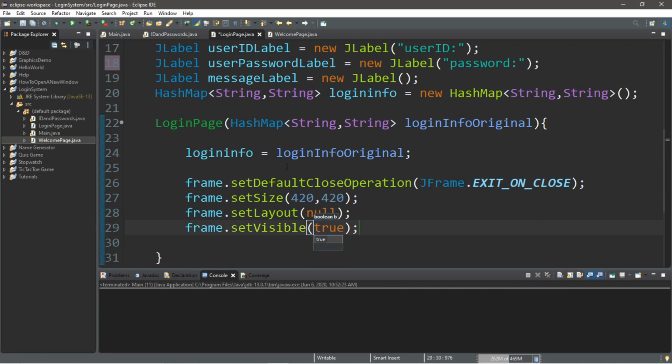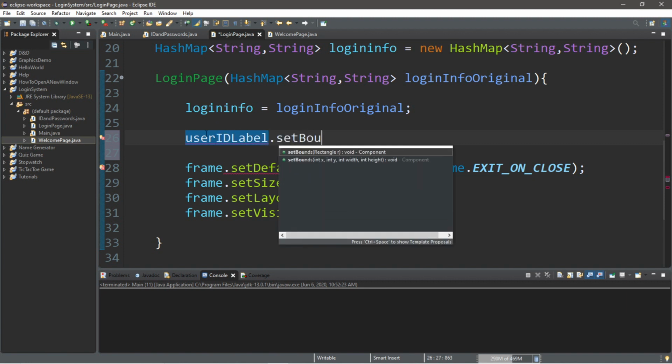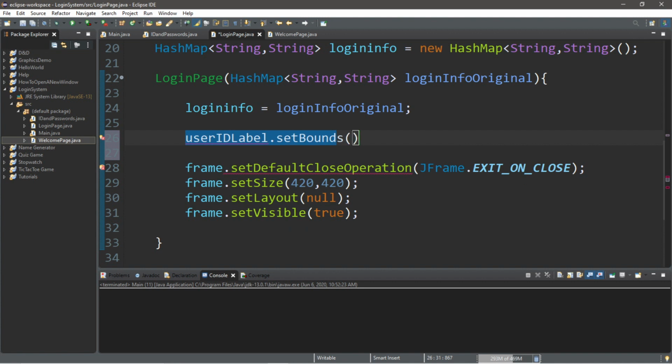Okay, let's add some components. So let's begin with the user ID label and the password label. So we're going to do that before our JFrame because we usually like to do this last. All right, so userIDLabel.setBounds. Where do we want to place this? I actually picked a spot for this already. Where X is 50, where Y is 100 is pretty decent.